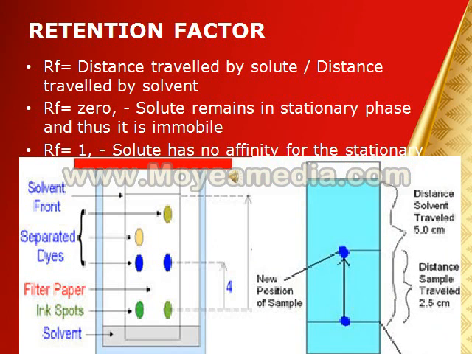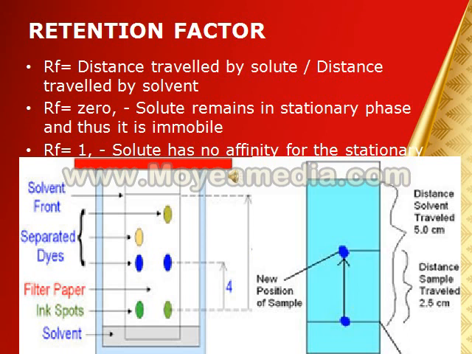As I've told earlier, this is the retention factor, and we can calculate the retention factor by taking into note the distance moved by the sample and the distance moved by the solvent from the origin. Different compounds, as you can see, separated dyes, travel a different distance, and this we can only see when they are sprayed by the specific spraying reagent. You have to put in a line in the maximum portion of the spot, like where the distance is maximum, and then its center and the center of the origin is measured.